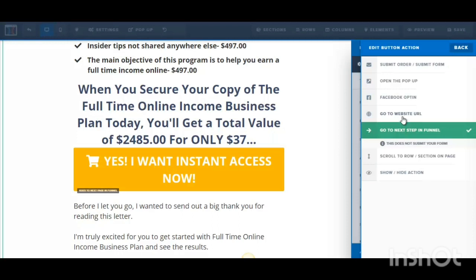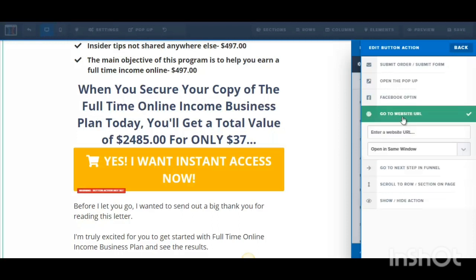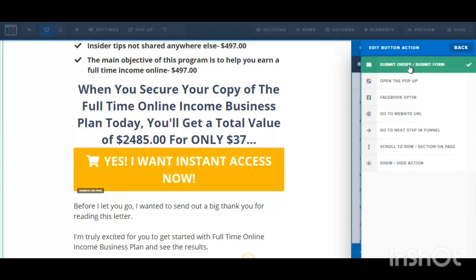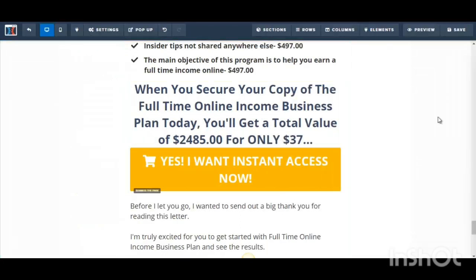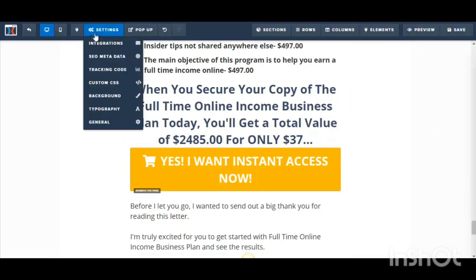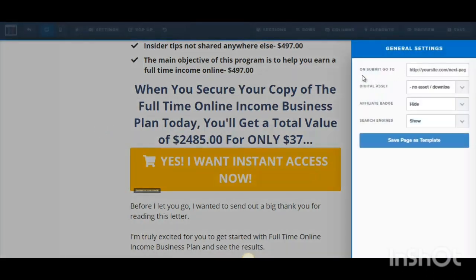You could also go to a website URL. So if you're using another platform such as Warrior Plus or JVZoo, you could enter the URL to the checkout page on those websites. Okay, you could also do a Facebook opt-in, or you could open a pop-up, or you could go here and select submit order. So basically, when they click the button, it's going to submit the order. And in order for an order to be submitted, you need to go to the settings here and click on general, and where it says on submit, go to,